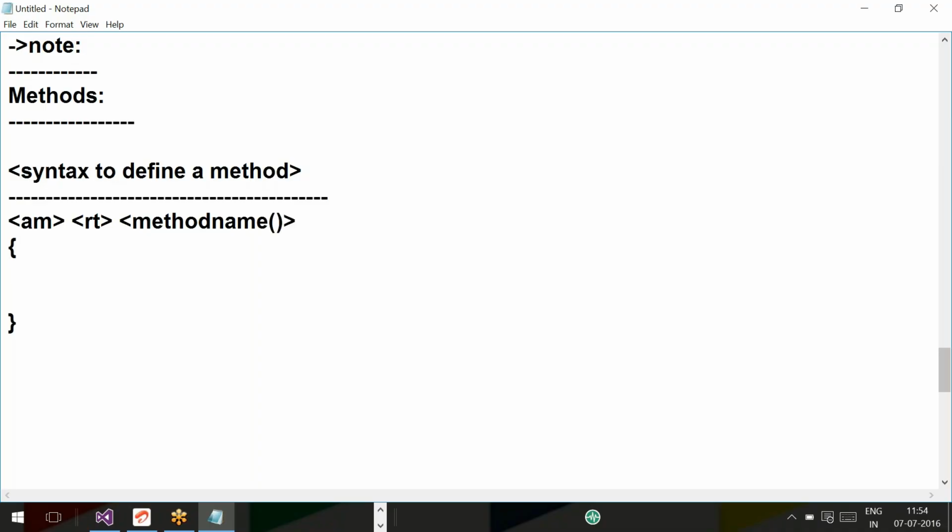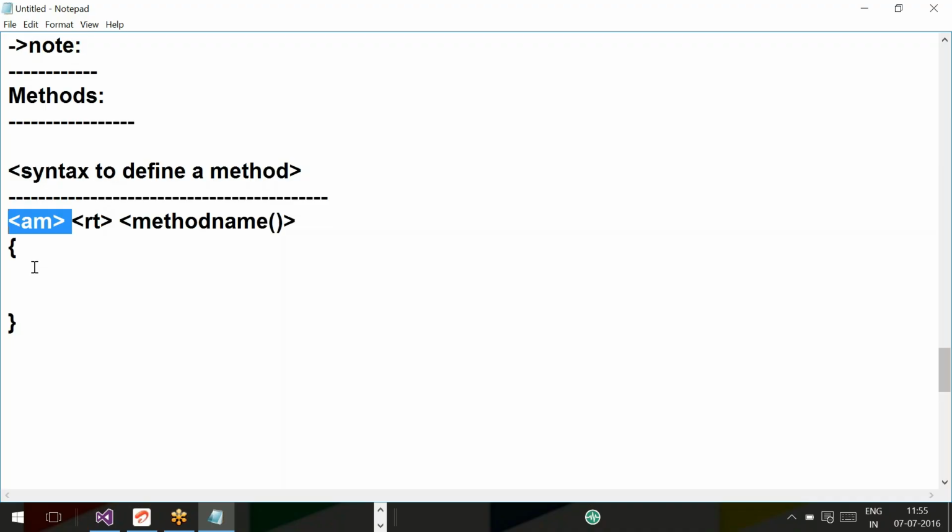What is this? Access modifier: public, private, protected, and so on. There are so many, five access modifiers are there. Until we get clarity about access modifiers,